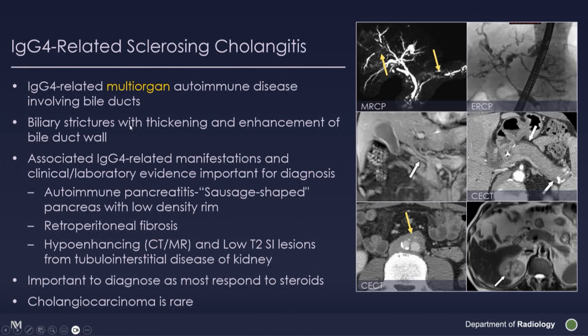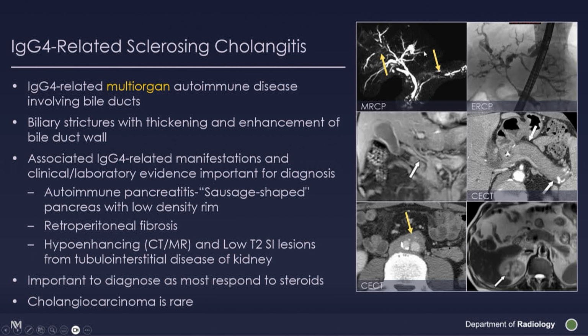So what do you look for? You see biliary strictures with thickening and enhancement of the bile duct wall. But that's when I start to look at other organs. So in this particular case, I might see autoimmune pancreatitis, that sausage-shaped appearance to the pancreas with a low-density rim. I look for retroperitoneal fibrosis. And I start to look at the kidney because it's interesting. In the kidney, you can see hypoenhancing lesions, whether it's CT or MR, and they're often low signal intensity on T2 weighted images. And it's important to diagnose because these patients respond to steroids, and these patients generally don't develop